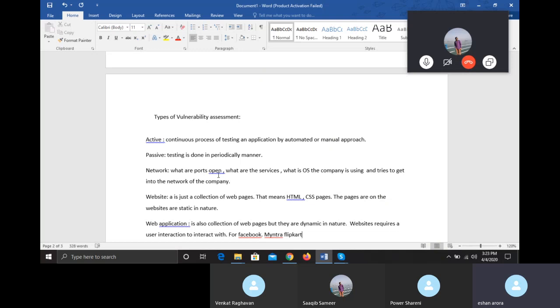So the nature of the website is completely dynamic. On every aspect, on every functionality, it is expecting a user interaction. Okay, the behavior is like that only. So where the user interaction is involved, it's called a web application. Okay, that is called a web application. Okay, for example,